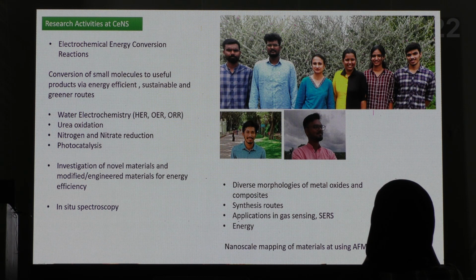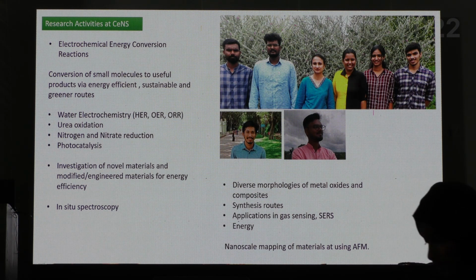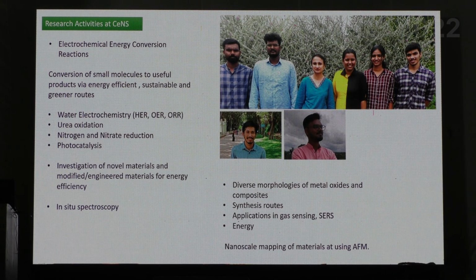So mostly in all materials or existing materials, how you can engineer or modify them to get better properties. And then another interest is also in situ spectroscopy, again to look at the mechanisms of why it is not functioning or why it behaves in a certain way. And another, I think,